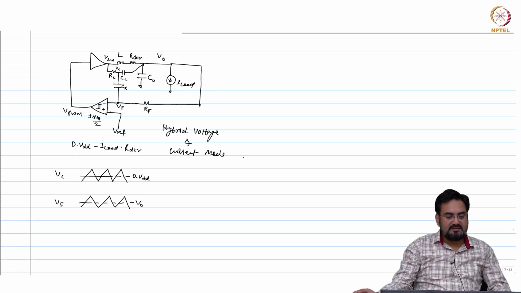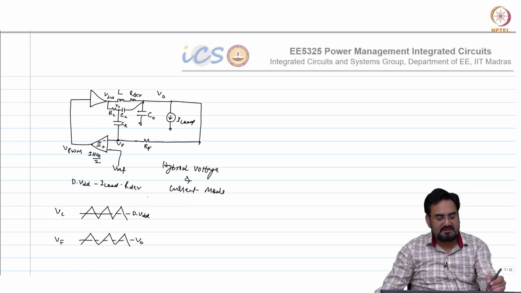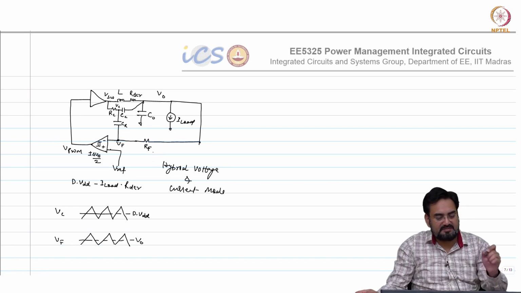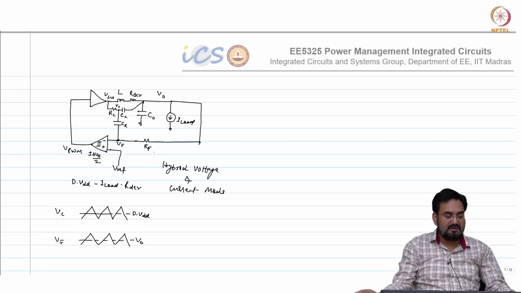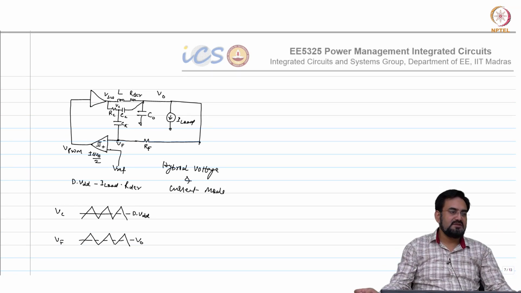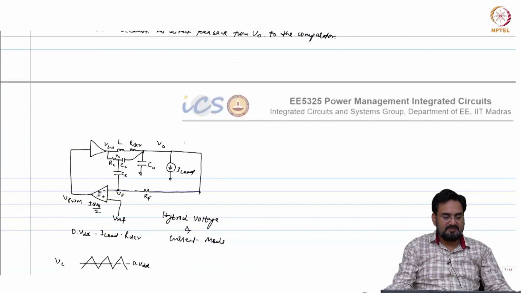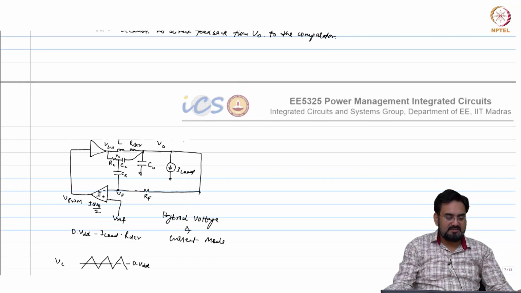This RF should be less. Which RF? The feedback resistance. I mean less in the sense, if you make it too small, then what would happen? It will suppress the ripple at Vf. So you have to make sure you don't keep it too small. Usually it's on the order of 50 to 100 kilohms. It all depends on what CR you have, and based on that you choose RF. If you think 10K or 20K will be sufficient, then you can use that, that is not a problem.